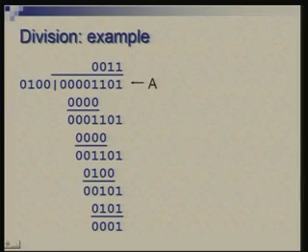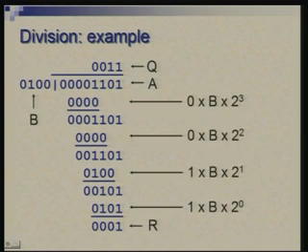You would notice, let us call this A, which is the dividend, divisor is B, quotient is Q, remainder is R, and the values which are being subtracted are nothing but multiples of B, the divisor, multiplied with powers of 2, and weighted with either a 0 or a 1. So, in the first position it was B multiplied with 2 raised to the power 3, which we tried to subtract from here. So, you could see that B has been shifted 3 bits to the left in relation to A, and